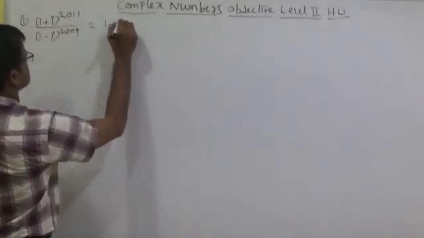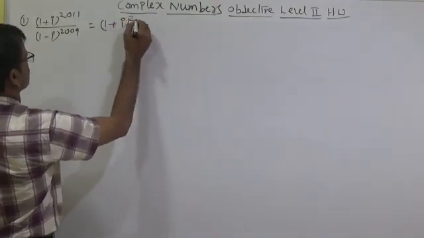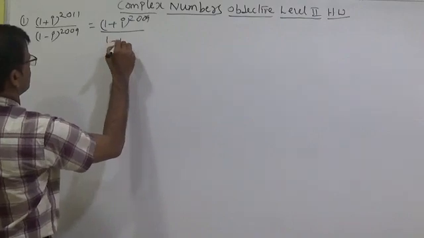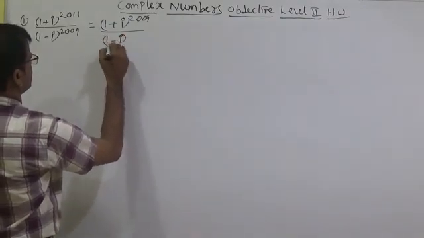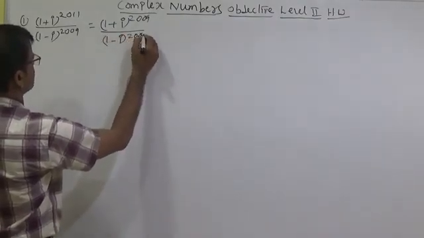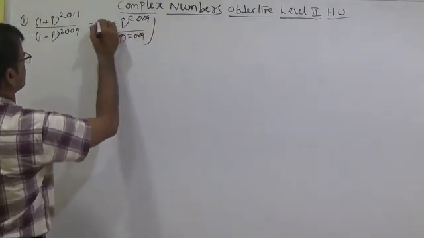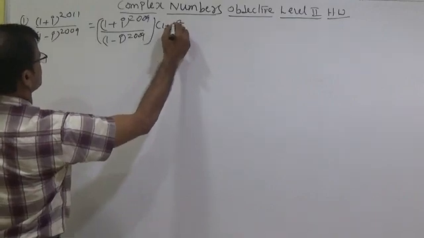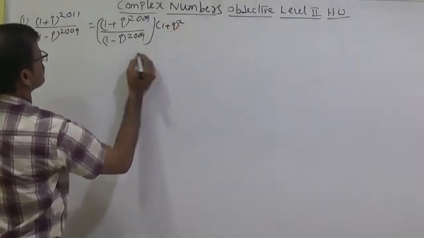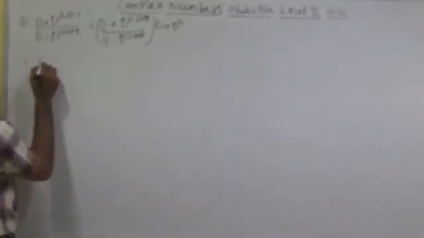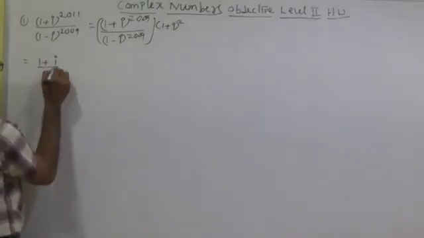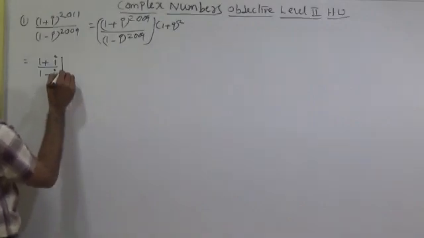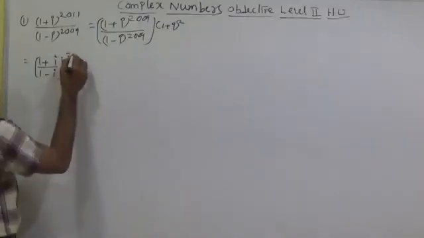This can be written as (1 + i)^2009 / (1 - i)^2009 into (1 + i)^2. Now you can write this as ((1 + i)/(1 - i))^2009